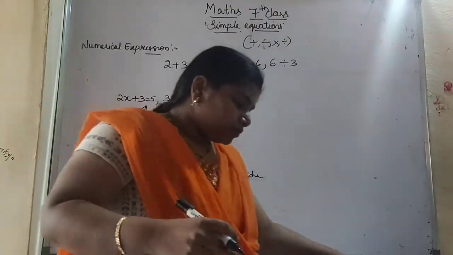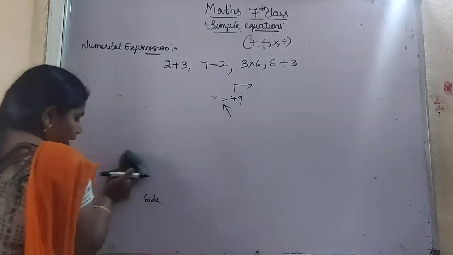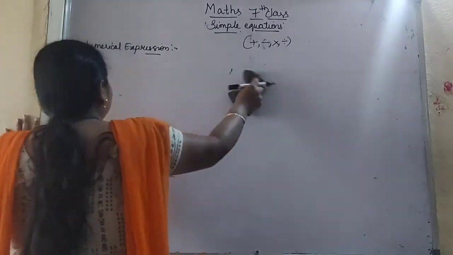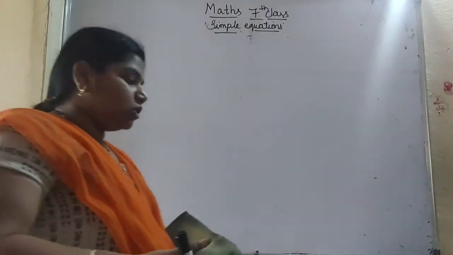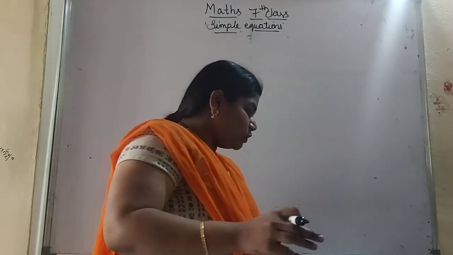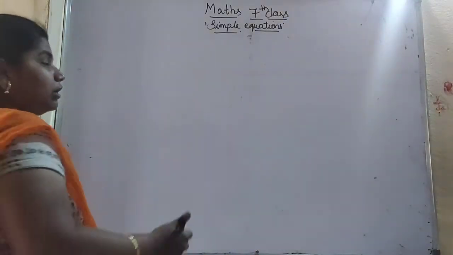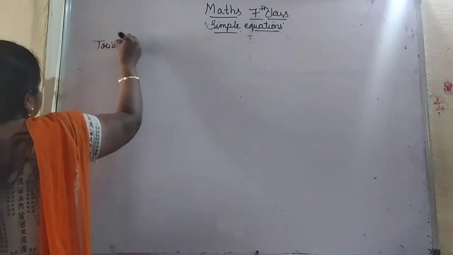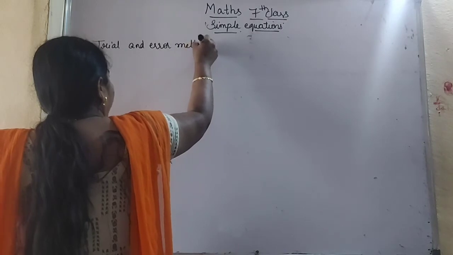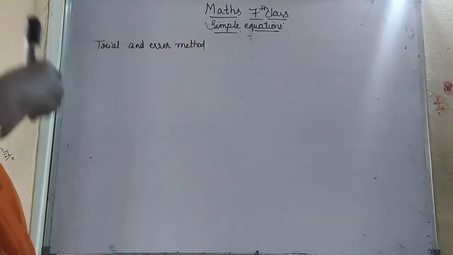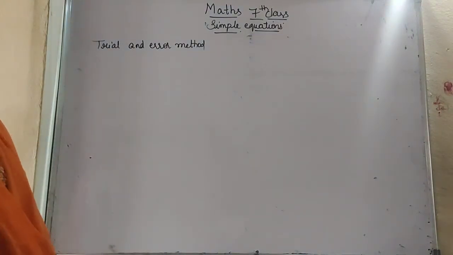We have three methods for solving simple equations. One is the trial and error method. Next is the transposing method, and we can also solve without the transposing method. How to solve the equations by these three methods, we will see now. I am taking the trial and error method first. Already you know about it. Trial and error means trying each and every number, replacing the alphabet with each number, until the LHS part equals the RHS. That value will be suitable.